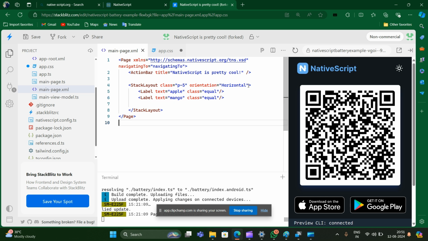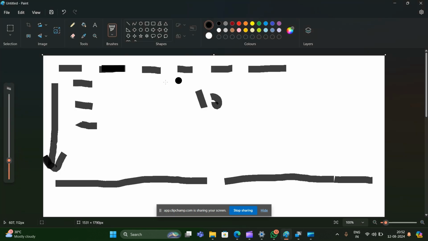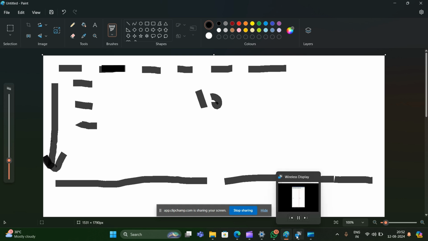The text element properties we will do in the next video. In today's video, we have seen how we can add the stack layout, what is the right format of writing it, and how you can add multiple elements inside it. How you can write the orientation, whether you want horizontal or vertical orientation. If you want the elements in vertical form, use the orientation as vertical, and if you want all the elements in the form of a row, then give horizontal inside the orientation property.